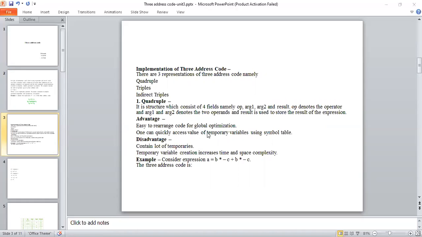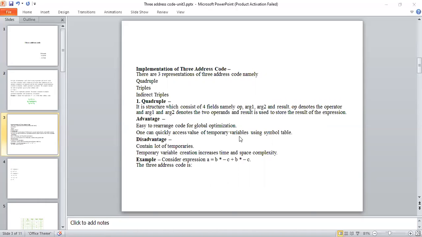So what is the advantage of quadruples? It is easy to arrange code for global optimization. Using quadruples, global optimization can be arranged easily. Next, anyone can quickly access the value of temporary variables using the symbol table.